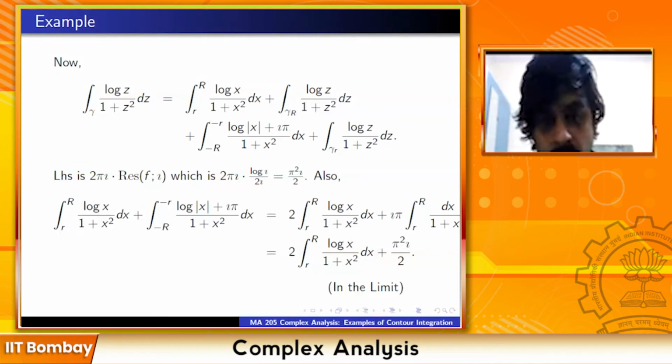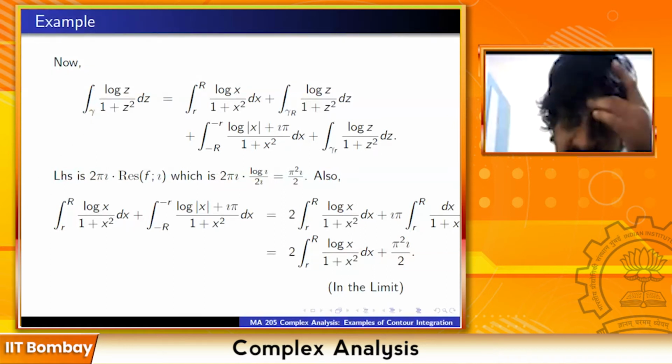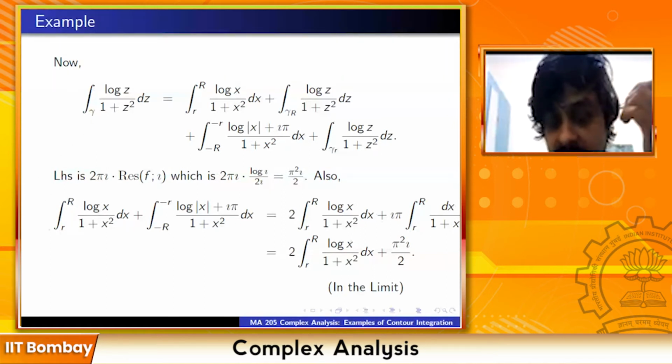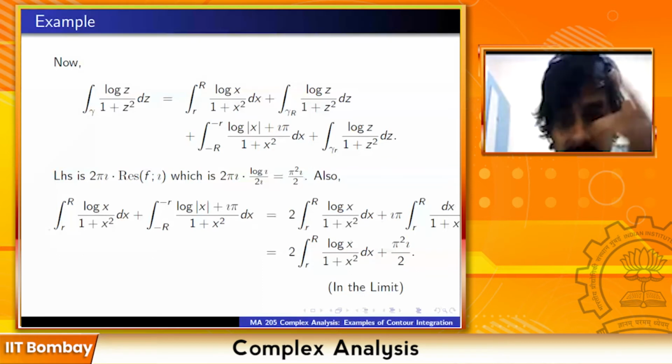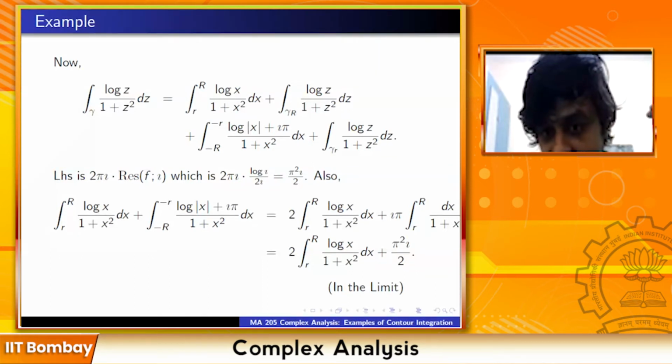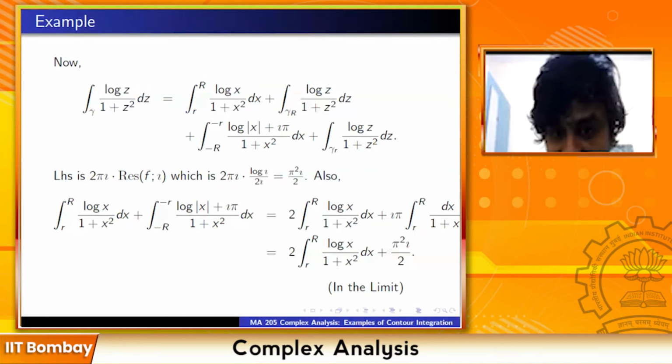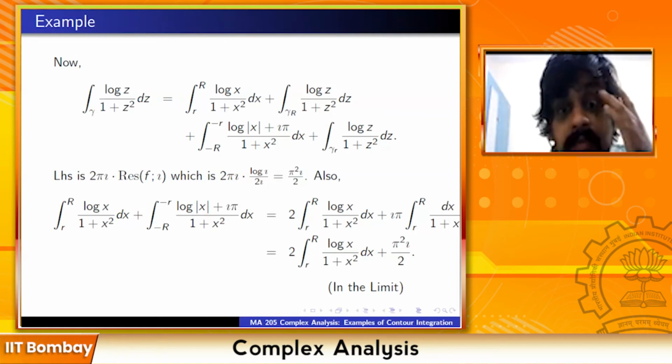Sorry, I should be a little more careful. This last integral, i pi times the integral dx upon 1 plus x square from little r to capital R, I have directly written its value in the limit, pi square i. Actually, it is tan inverse capital R minus tan inverse small r. But I'm going to take the limit as capital R tends to infinity and little r tends to 0. So I have jumped a step slightly and already written the value in the limit, which is pi square i upon 2. Maybe I'll write it a little better and resend the slides. But in the limit, that is what you get.